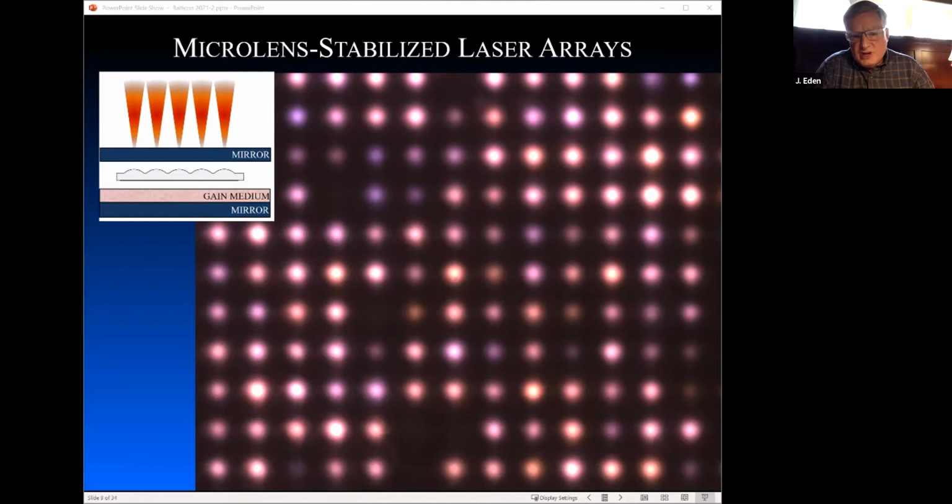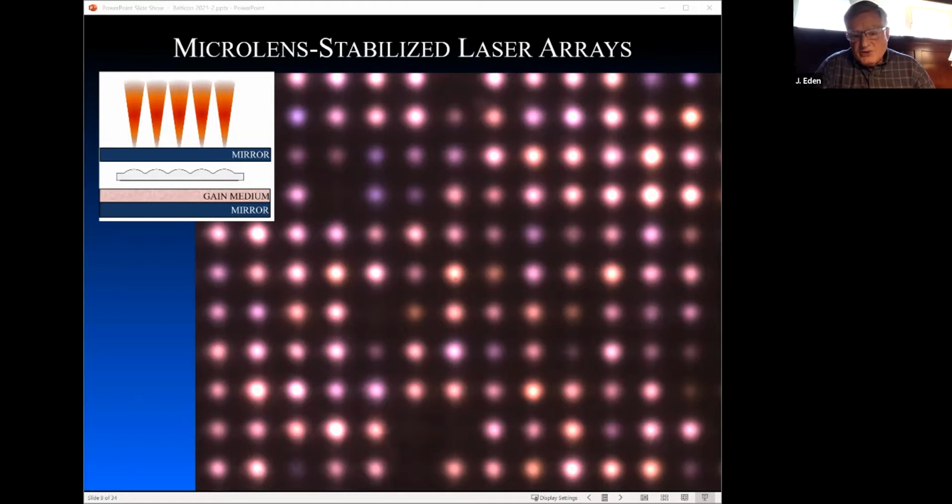In this case, the laser light was being generated inside of a very thin crystal of sapphire that is doped with titanium. So the reason that the laser beams have this color is they're actually being emitted in the infrared. So let's go to the next slide.